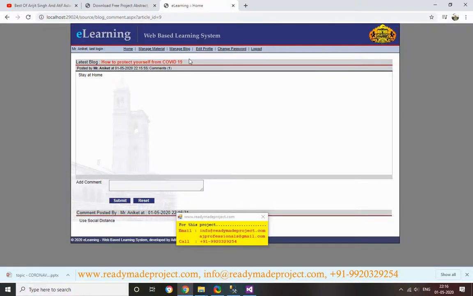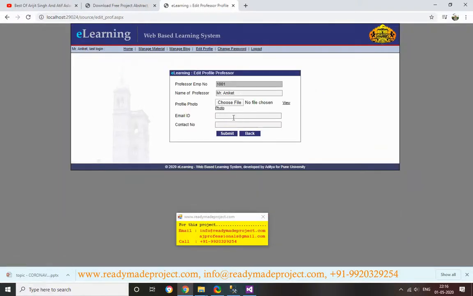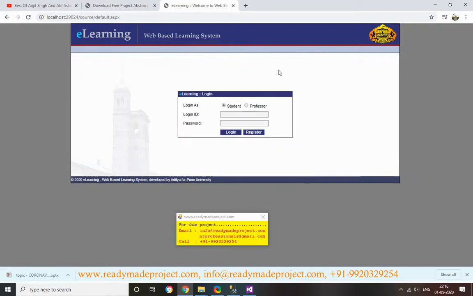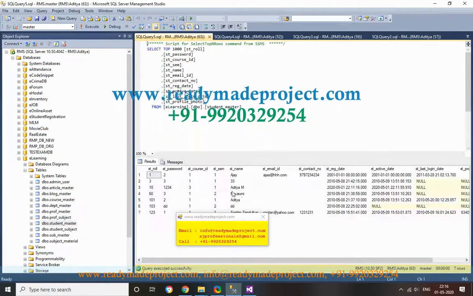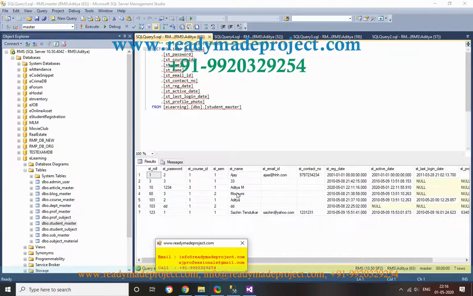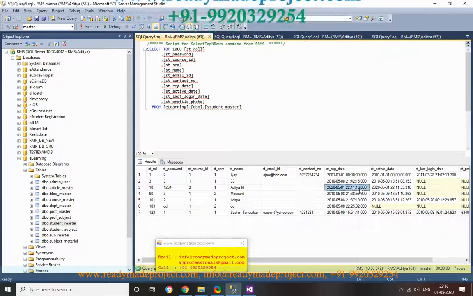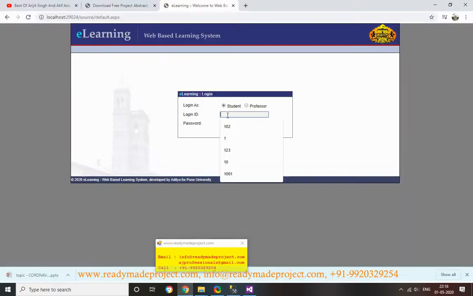Okay. Now we can edit his profile. So like you want to add his email ID, you can change the password. Now suppose student now wants to log in and you can view and you can read or you can download the document. So student I already added. This is my student master. So I have added this one, Aditya. So my roll number and I have to use the password. So I have to log in. So my student login is 10 and password is 1234.